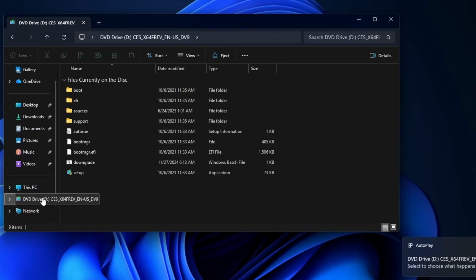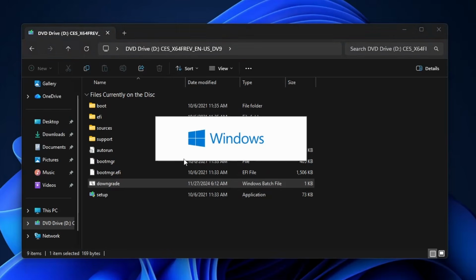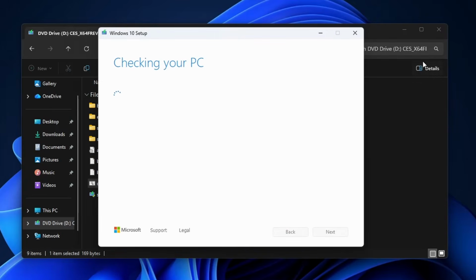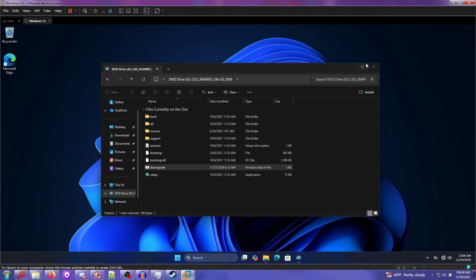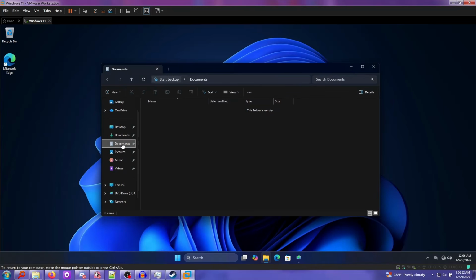Now, what you're supposed to do is go into it and run this downgrade.bat file and then click yes, and it's supposed to be fully automated and downgrade it. Now, obviously, I don't know how this works or if it'll work, but I thought I'd try it out. So that's why I have this wonderful Windows 11 VM, which doesn't really have anything on it,